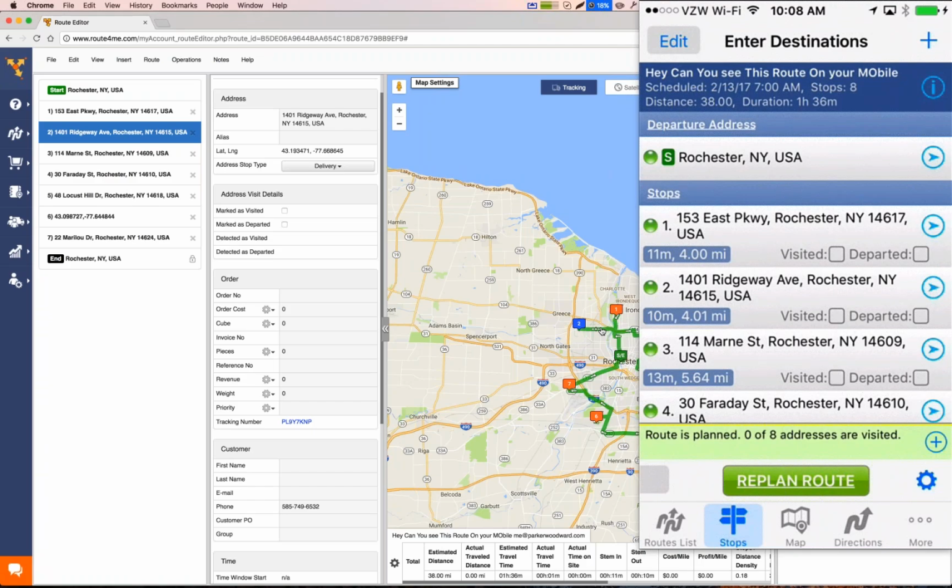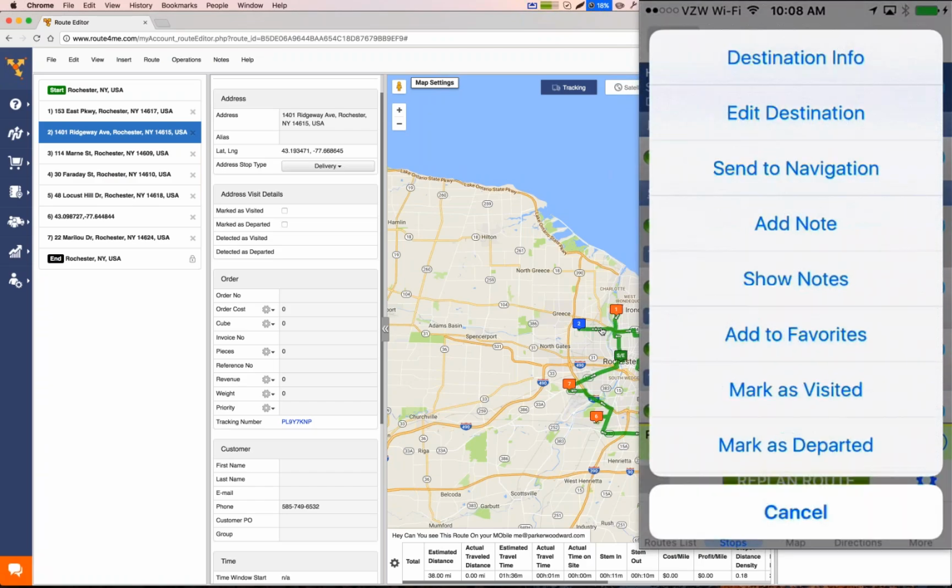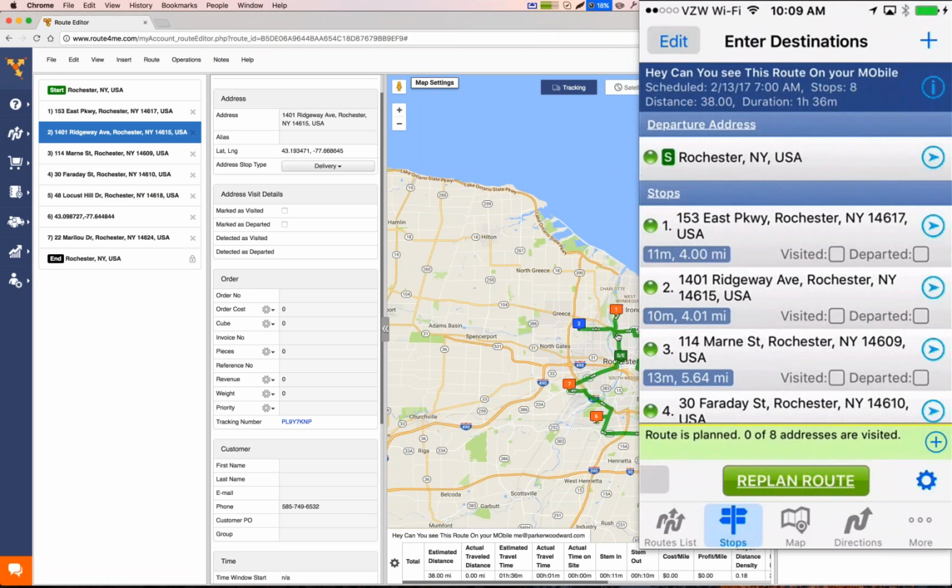And since the driver is using our mobile app, he sends it over to navigation, gets live updated traffic, and now he's going to get the best route between 1 and 2. So he's not going to get stuck in whatever traffic might have popped up here. So that's a really big benefit. Very easy, very simple to follow, and any changes to the route in real time will be updated instantly